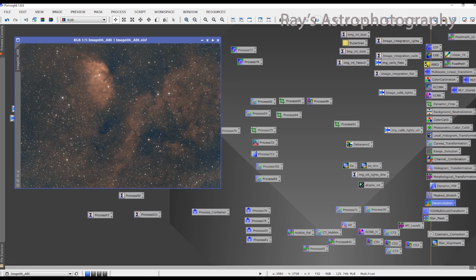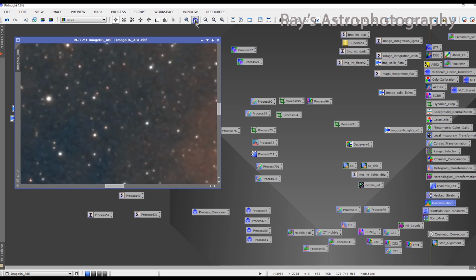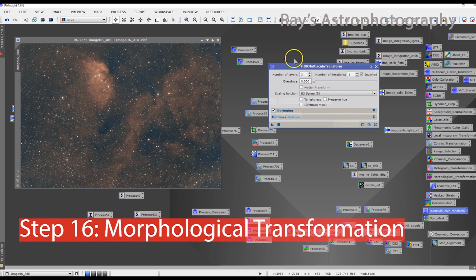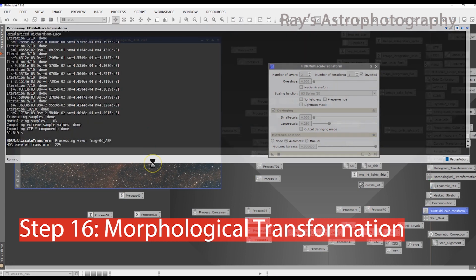All right. So I think we did a noise reduction. We pretty much did deconvolution. We did the morphological transformation. The next thing I do is HDR multiscale transform. So this is my setup here, and I do small scale 0 and large scale. So what this will do is actually it will,